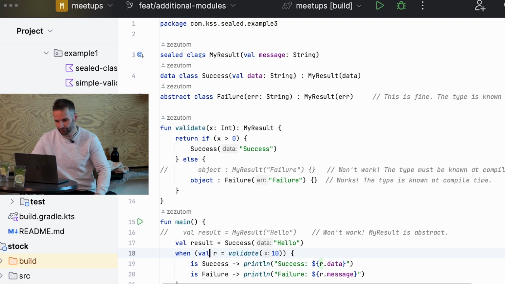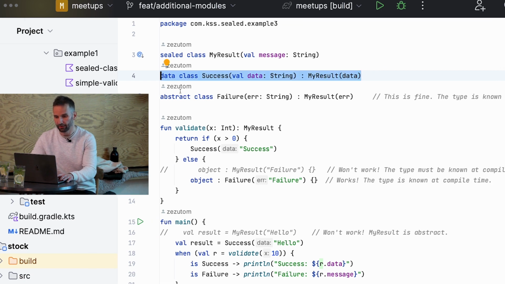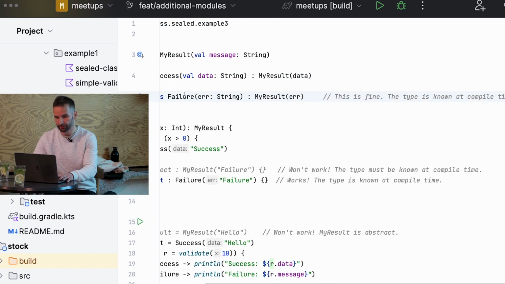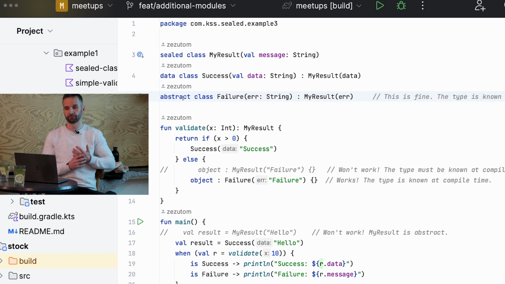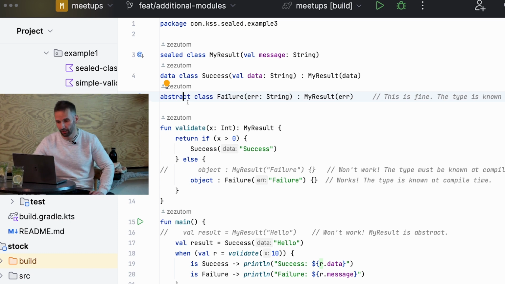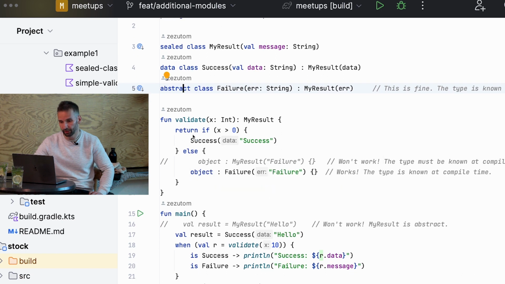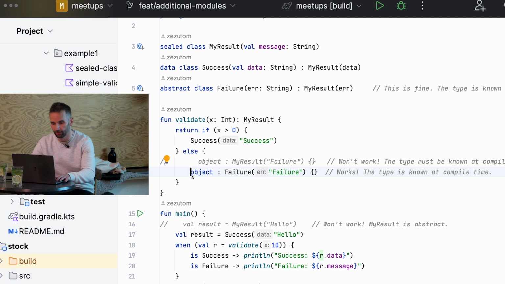Now, this sealed class has two implementations, a data class, and then the other one, which is now an abstract class. And this is legit because class Failure is not a sealed class itself, so it can be an abstract class, and obviously it can have its own implementations. So in this validate method, whatever I return as success is boring, but in the else clause on line 12,